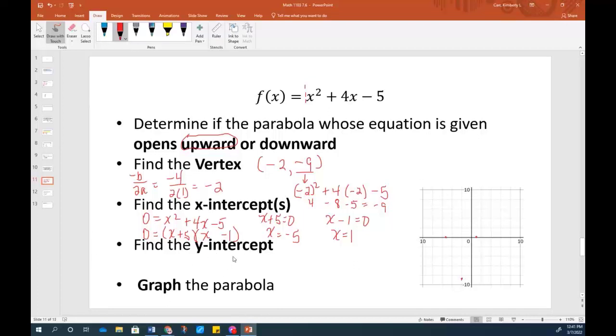Now the y-intercept is easier to find. The y-intercept happens when x is 0. And when x is 0, all the x terms disappear except for that c value, so you get -5. So I have (0, -5). Now to graph the parabola, I wish I thought I were talented enough to connect this as a nice,